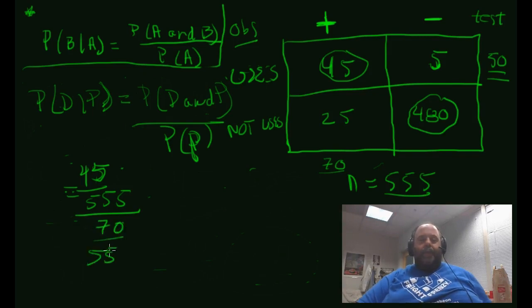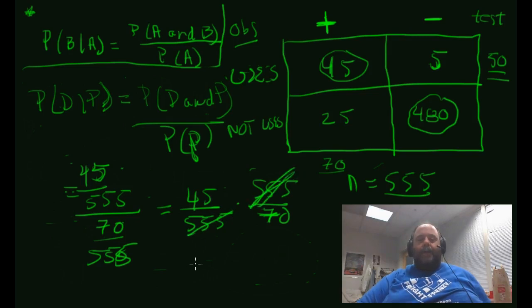All right, and the same game happens. To divide is to multiply by the reciprocal. Again, the 555, the population size, cancels out, gives me 45 out of 70, which gives me that 0.643,